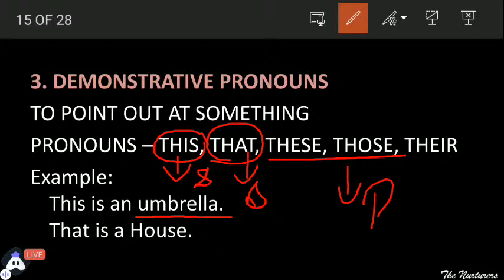So I'm talking about the books now. And for the books, the pronoun or the demonstrative pronoun I used is those or these. So these are the books. And for the plural demonstrative, we are using the words such as these or those. Moving ahead to the next type of pronoun is